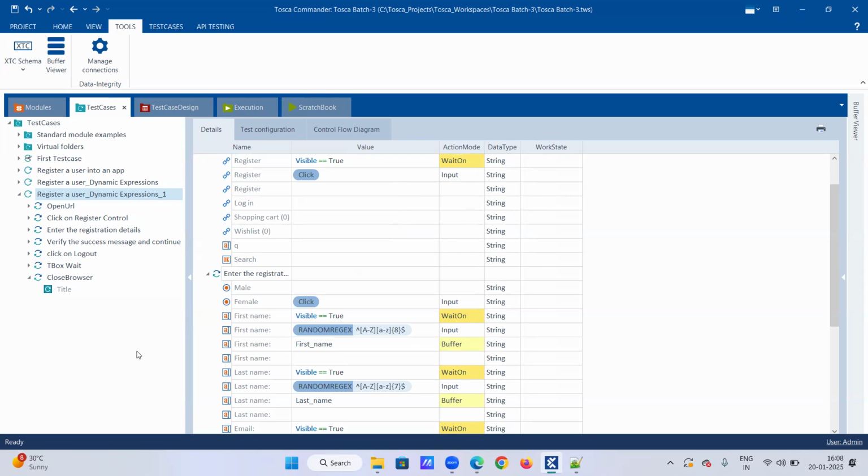Okay. So these three concepts should come into the picture every time when we are doing synchronization: buffer, action mode, and wait on. Generally,